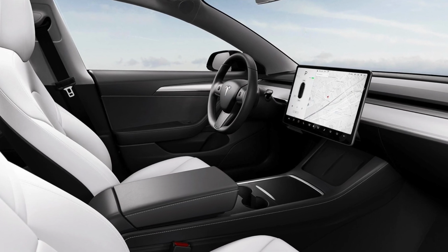Alright, so let's just go back on the hints of the Model 3 and what had happened. So they released a vehicle that's practically the same on the exterior. The interior has had no change ever since the original vehicle like 5 years ago, so that's pretty much the same. One of the biggest changes is the specs. So you do have the same 0 to 60 at 4.2 seconds, but they are using a different battery chemistry